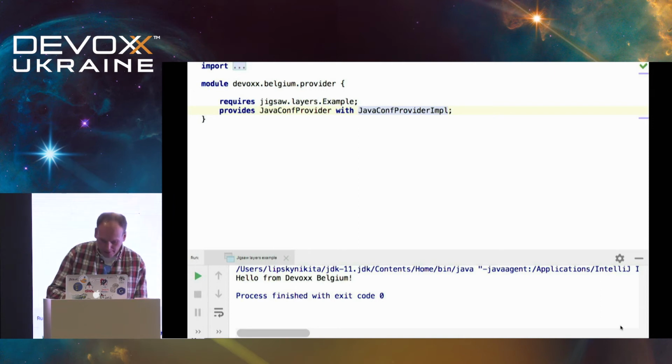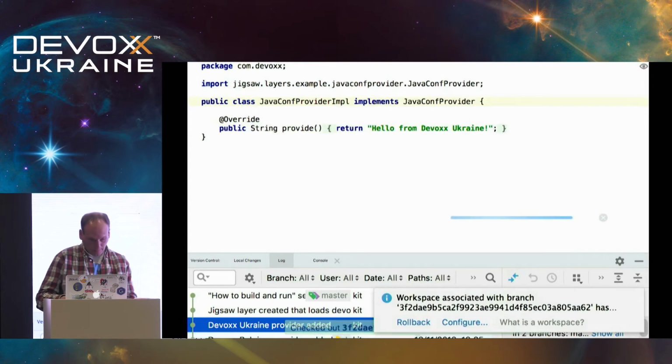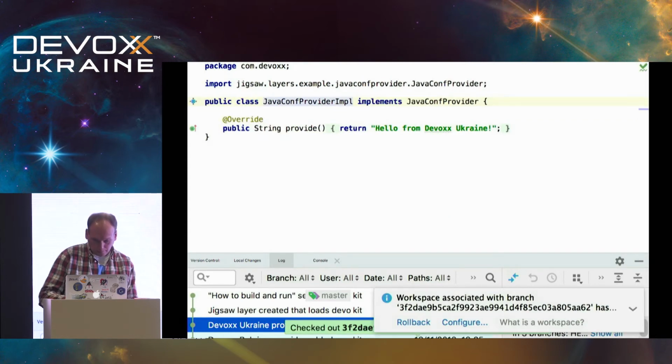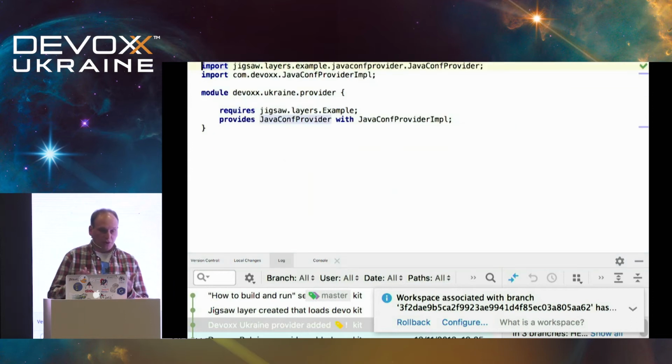But let's add another conference provider called Devoxx Ukraine provider. Its module declaration looks very similar to Devoxx Belgium provider.